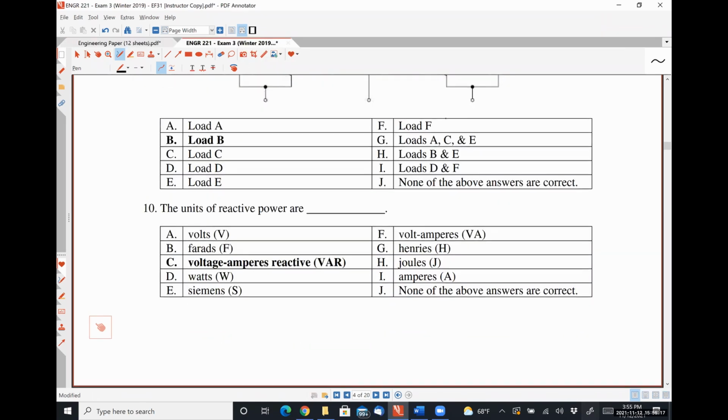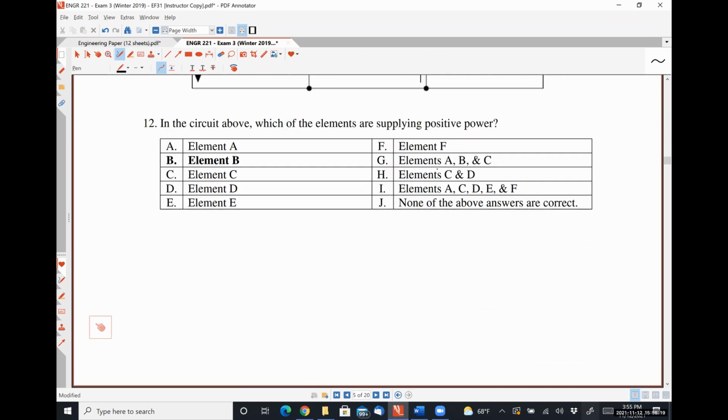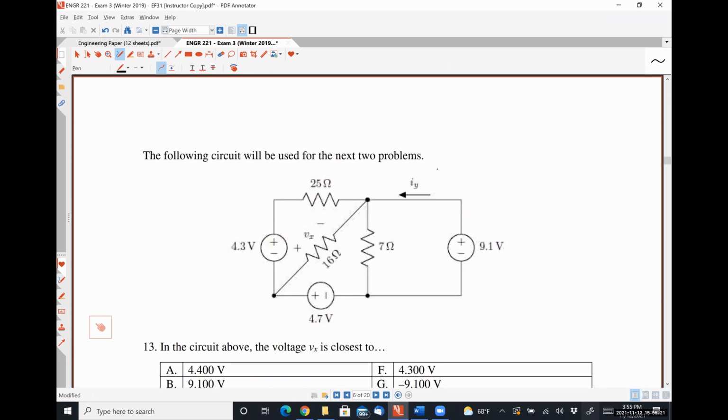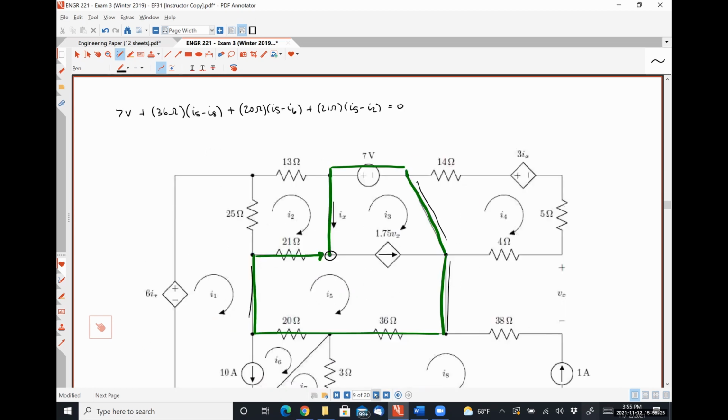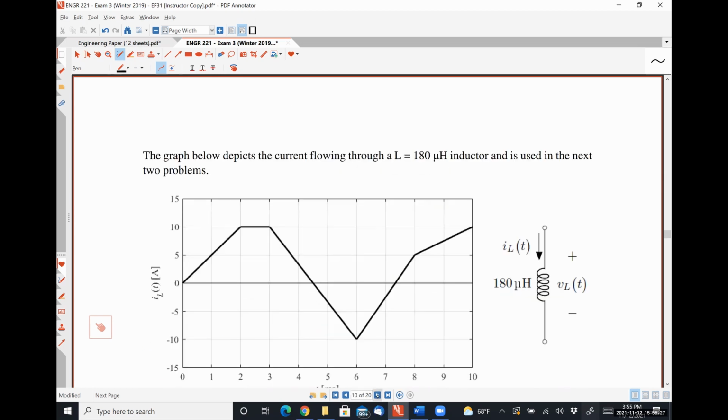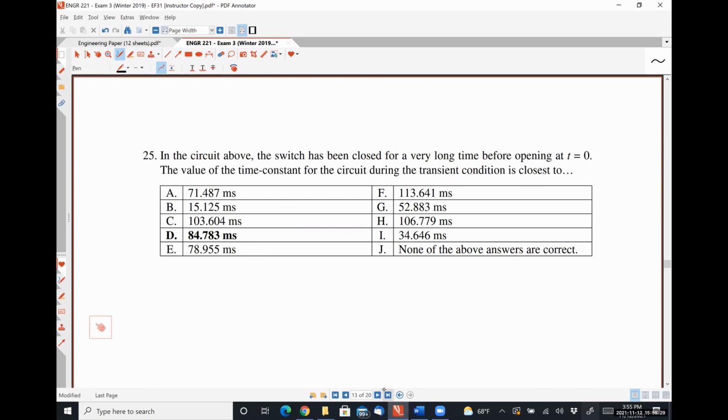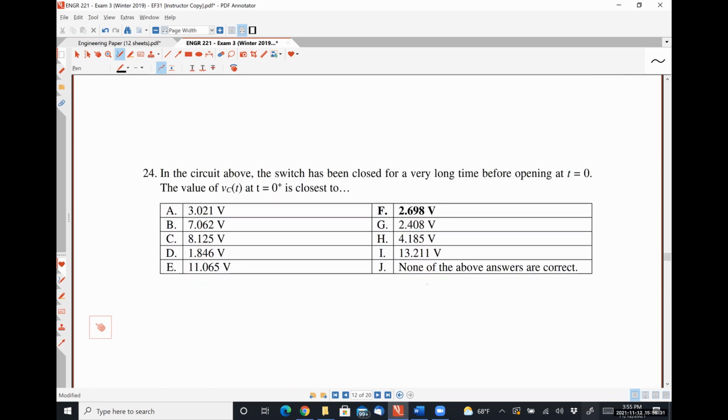$25 and $26. All right. Pardon? Oh yeah, totally accumulative then. There is absolutely a transient analysis problem on your test. All right, so